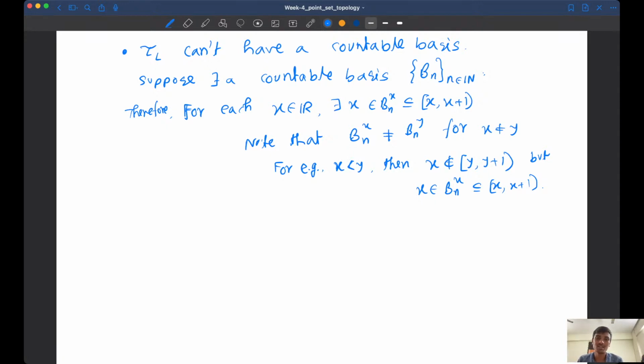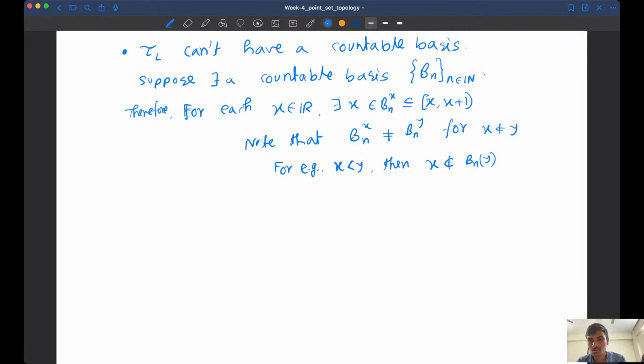So anything that belongs to Bny, so basically I should say that if x is less than y, then x does not belong to Bny, or conversely if y is less than x, then y does not belong to Bnx,